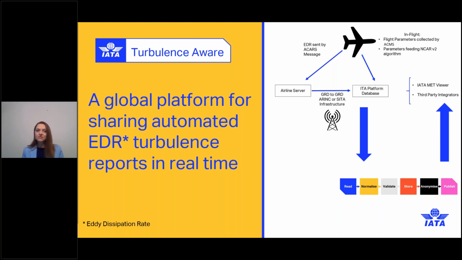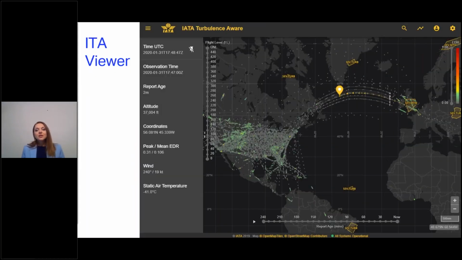Next slide, please. So here's a snapshot of our IATA viewer. I think it's important to mention that the value proposition is not this viewer. It's really the data feed that can be used in multiple tools. And I will show you the list of the tools that have already integrated the data in a minute. But just to give you an idea of what the data looks like,